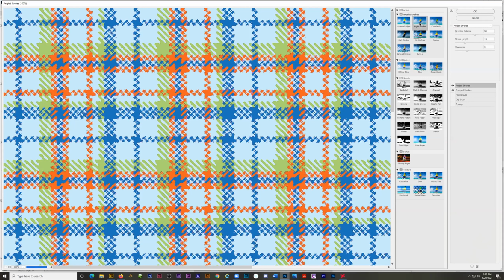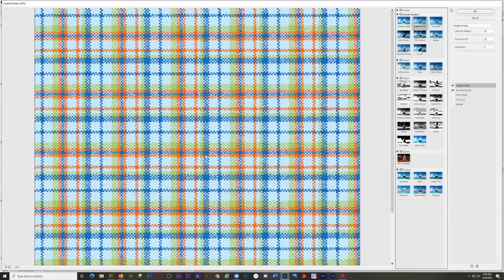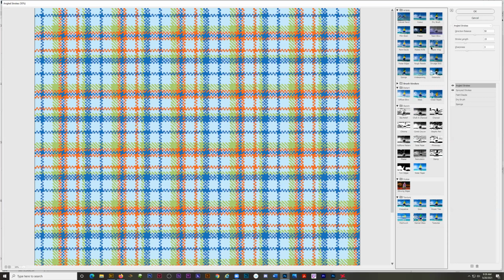Kind of like it. Now remember, I'm zoomed in super close. So if it looks weird, it might be just because, oh yeah, that looks okay. I was zoomed in so close, that's why it looked funky. So I normally like angled strokes. I like sprayed strokes. And then let's see, there's one more. Sometimes I use,